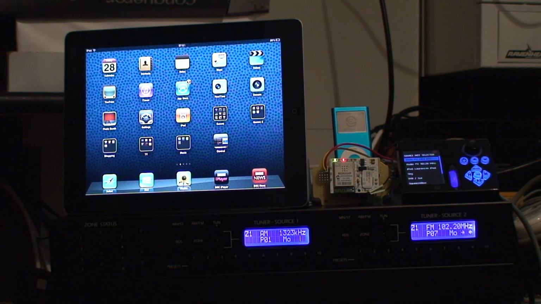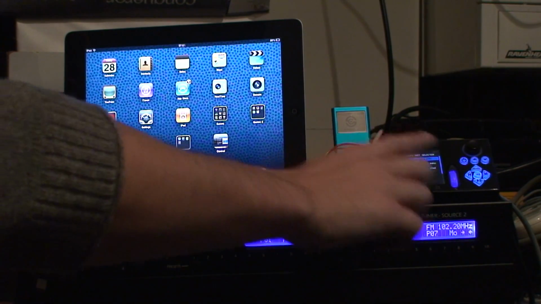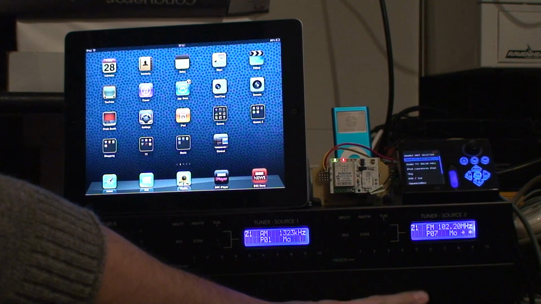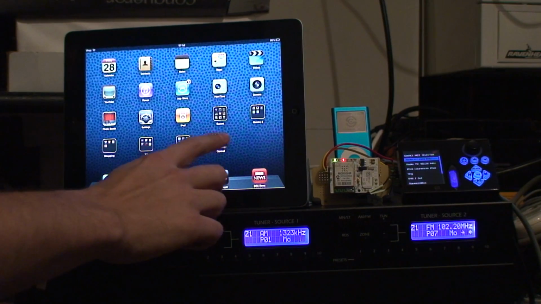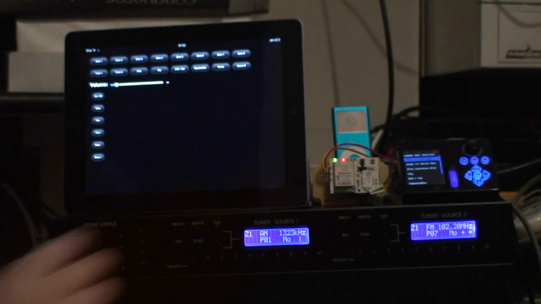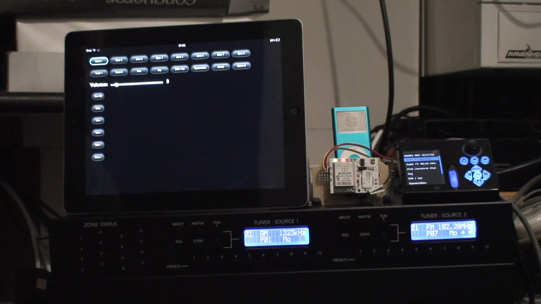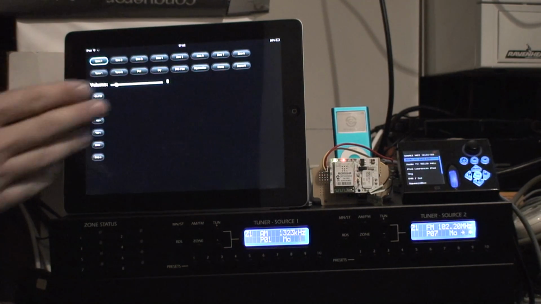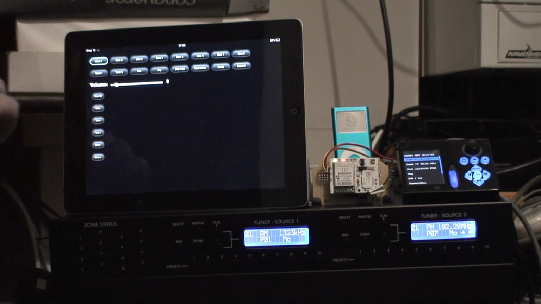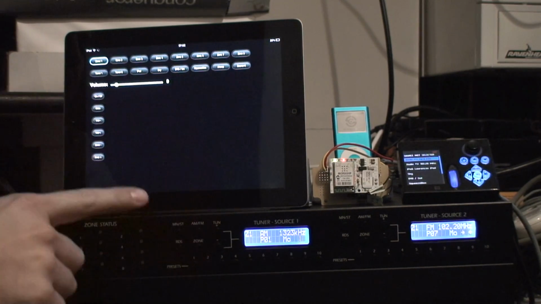It's got 2 LEDs lit at the moment. And that is connected to the MZC via a cable which runs into the control port of the MZC. And what I've built is basically a web page which is hosted on the Flyport, which has lots of buttons on it, and then once those buttons are pressed, the Flyport converts the button that's pressed into a signal which